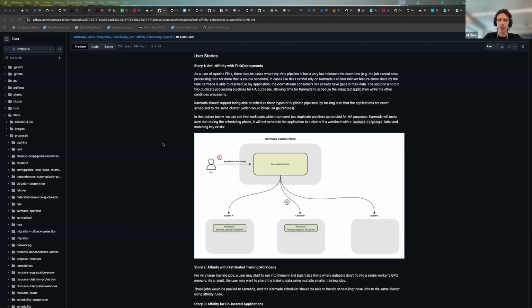And so even in those cases, you may have users who can only tolerate a couple seconds of downtime. As a result, you need to start thinking about other more robust failover mechanisms. So in our case, we have users who deploy multiple versions of the same pipeline across multiple clusters.